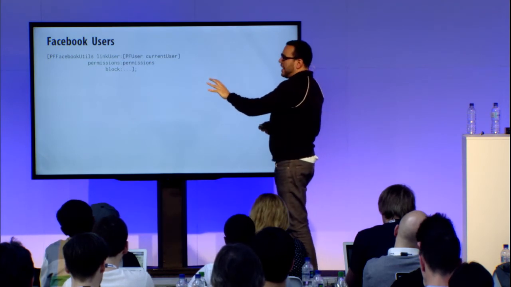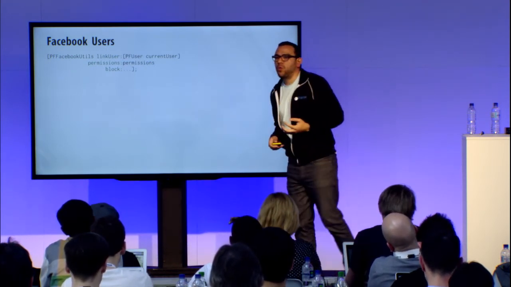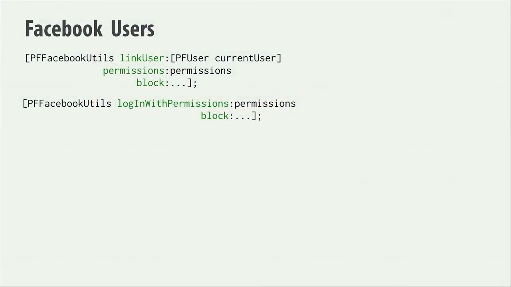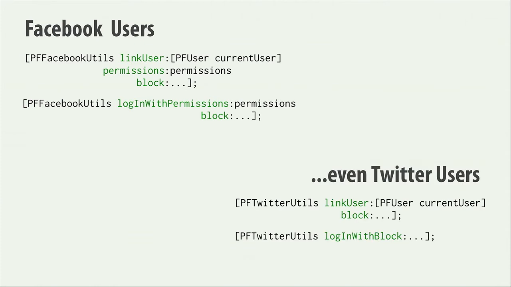But this is just to link an existing user to Facebook. What if you wanted to log in with Facebook and you don't care if there's already an account for that user? The login method will actually check if there's already a user linked to that Facebook account. And if there's none, it will just create a new user already linked to Facebook. What this means is that you already have a user with permissions to use the Graph API, so you can just get whatever data you need from the profile. And the great thing is that this also works for Twitter. It also works with the Twitter API. There's a method that you can use to sign your HTTP request to Twitter